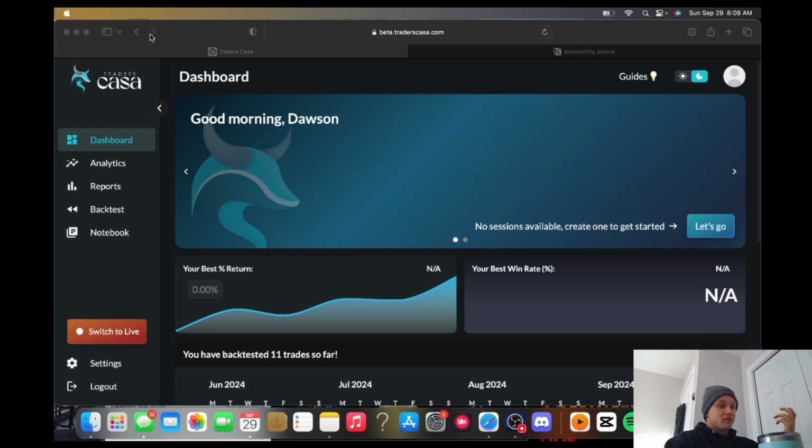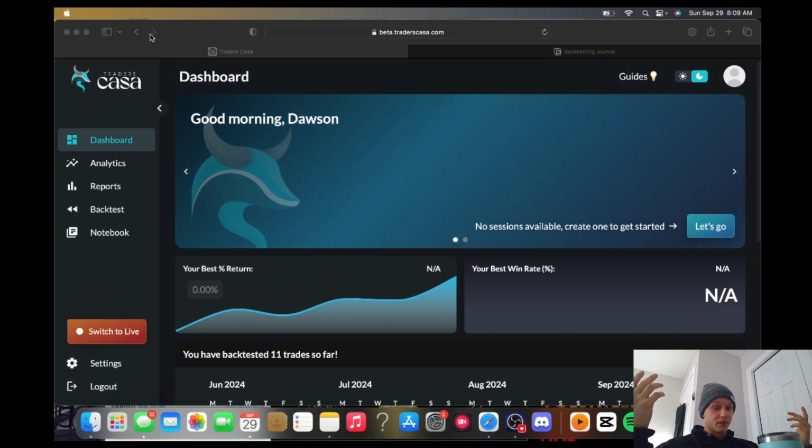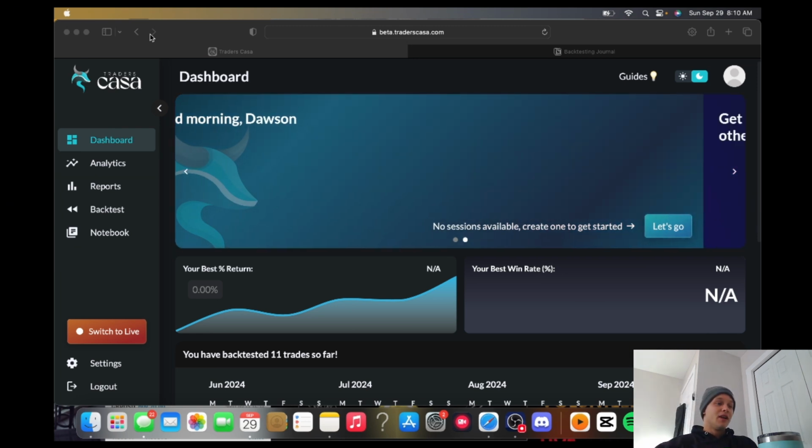So anyways, I'm going to be starting off, and I will probably jump into FX Replay at some point, but I want to give this a try. I got this recommended to me. It's called Traders Casa. It's actually a free software for backtesting. You can do a lot of data on here. There are ads, so if you don't want the ads, you have to pay for those to be removed, which I did. It's like $4 or something, so it's super cheap.